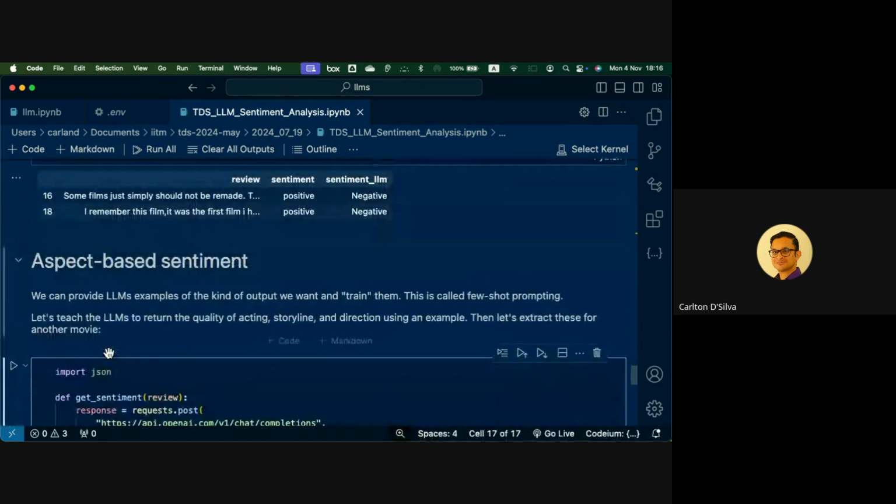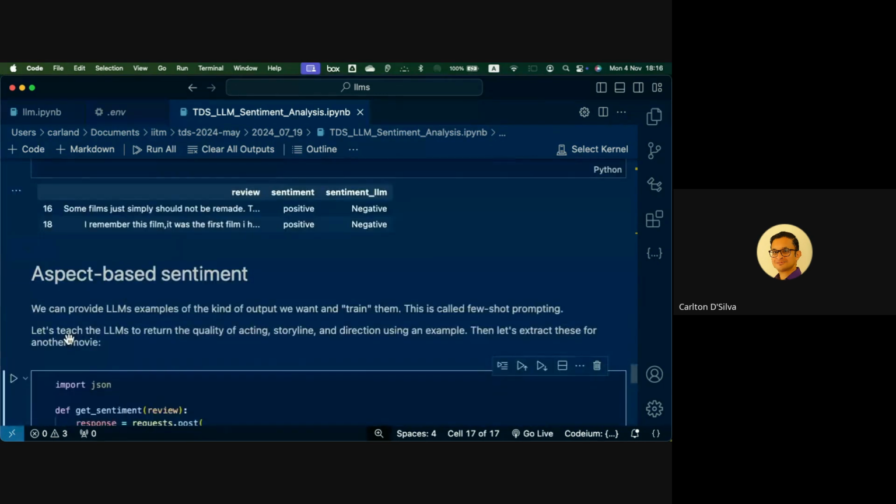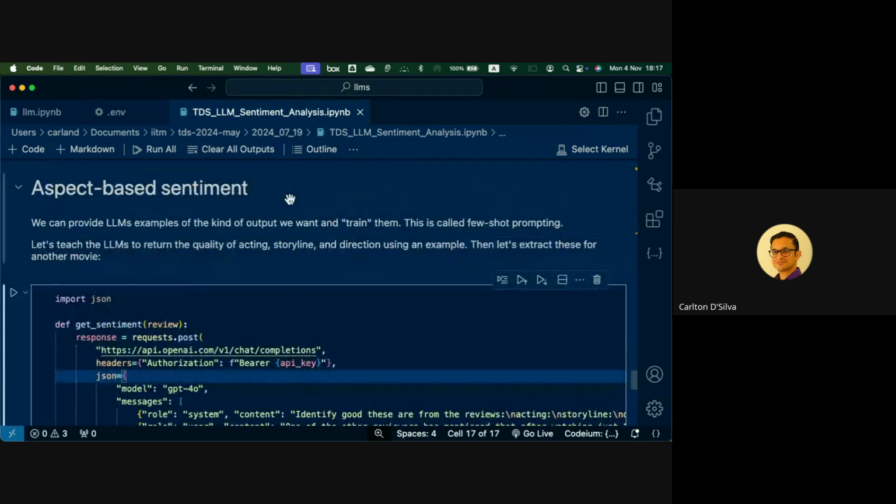So this is called aspect-based sentiment, meaning we do some sort of training on them by giving them something to use when they're making a decision. So that's about aspect-based training. I know it's a little bit complicated to understand at first, but if you give it a few tries and experiment with different things, that's why we have given you tokens. Play around with these things and see what results you get out of it. And so that's about aspect-based training.